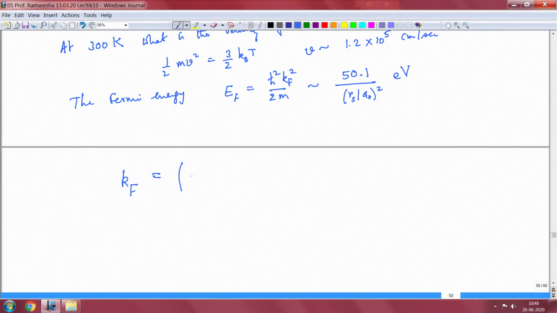Now, in order to be able to calculate the specific heats of a free electron gas, I am going to get an expression for the density of states at the Fermi level. To get the density of states at the Fermi level, it is pretty easy. What we have from the previous lecture is that Kf is equal to 3 pi squared n to the power 1/3, or I can also write it as 3 pi squared n by V to the power 1/3.